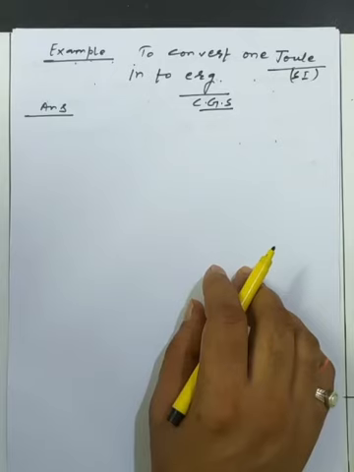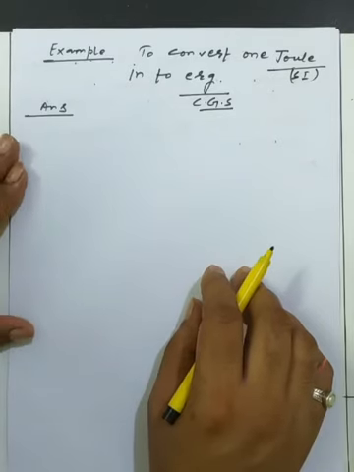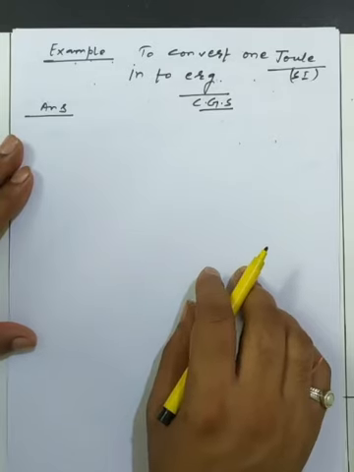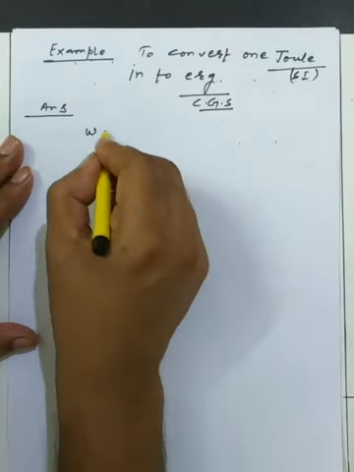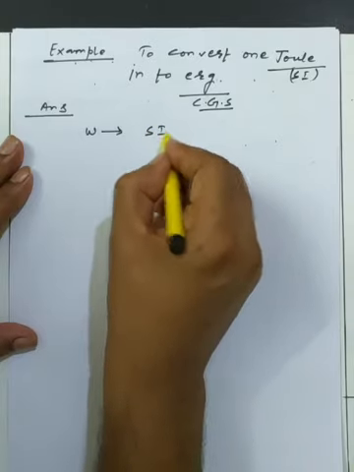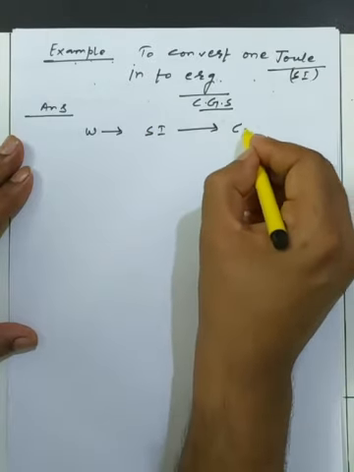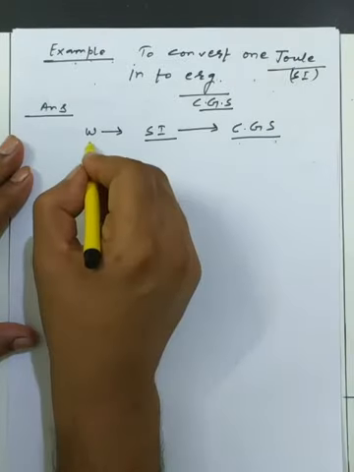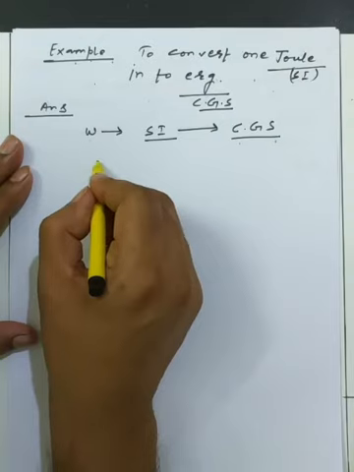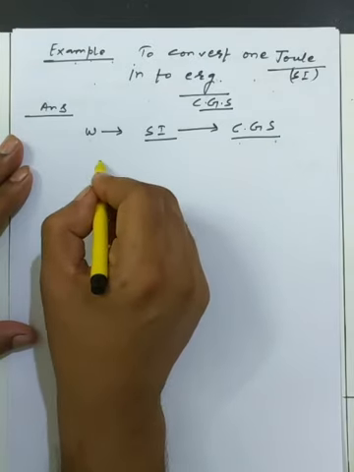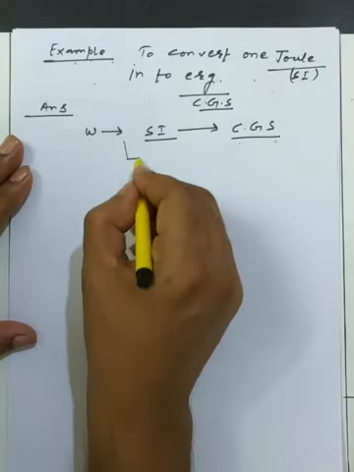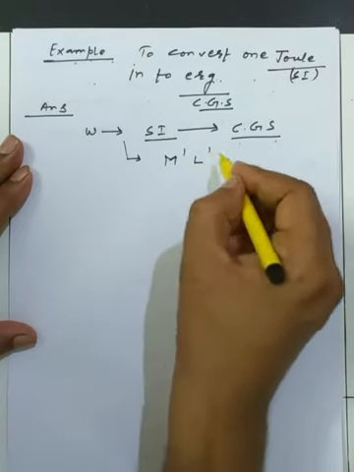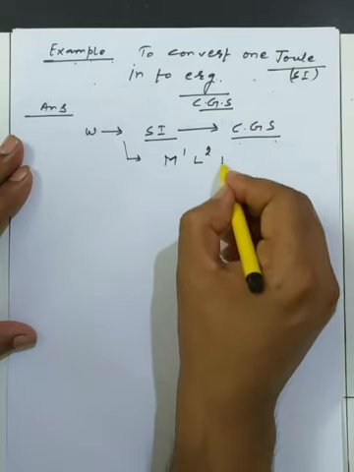So we will apply the dimension of a physical quantity, that is work done. Simply, we are converting work from the SI to the CGS system as per the question. And what quantity are we taking? Work. So there is a need for the powers, that means the dimension of work. The dimension of work is M1, L2 and T minus 2.